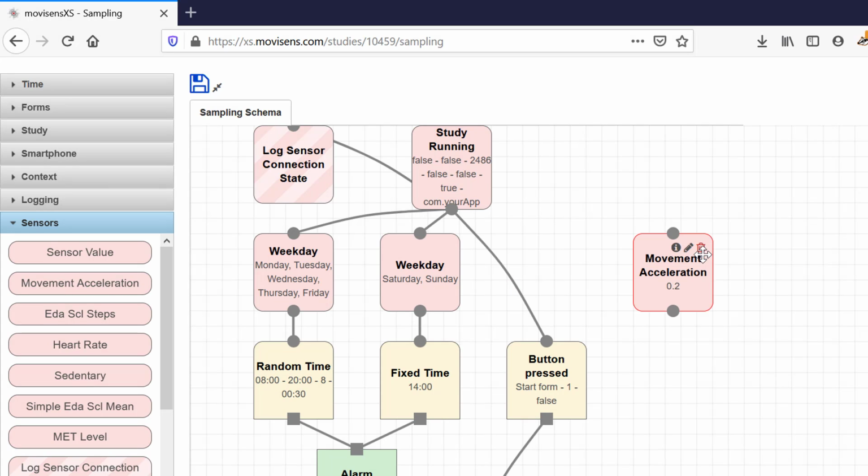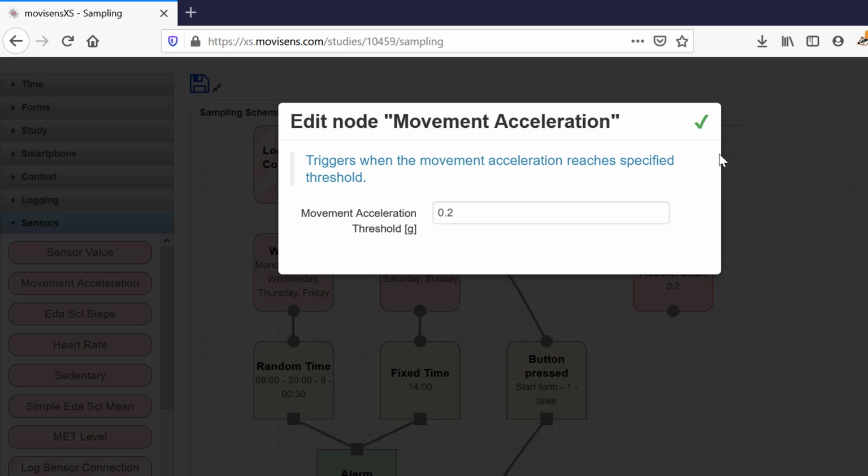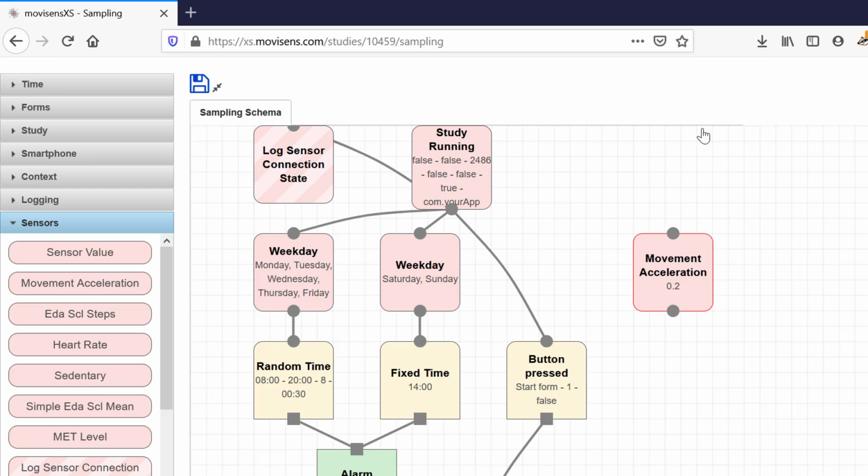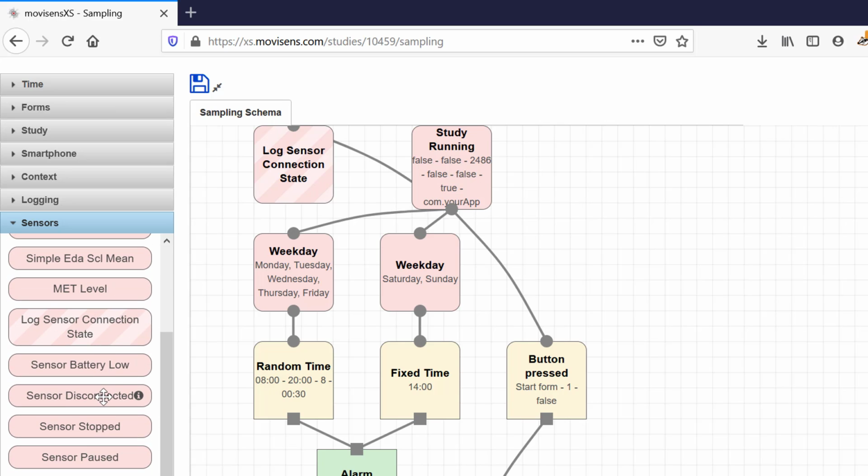Movement acceleration, obviously available with every single sensor and can be utilized as some sort of broad indicator of movement. So not super exciting, but once again, really handy in combination with other elements to make sure that the sensor is actually functioning and is being worn, and you can remind the participant to wear the sensor. There's also a disconnection one where it tells you that the sensor is disconnected from the phone, because I guarantee you people aren't going to forget their phone each day, but they may forget to put on their sensor. So when they walk out of range, the alarm comes, could you please go and check and put on your sensor, right?